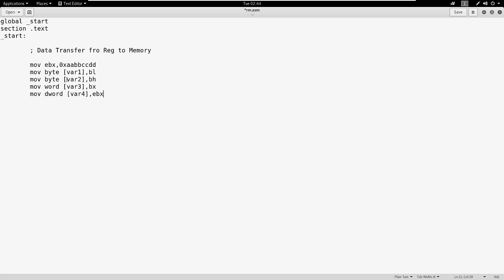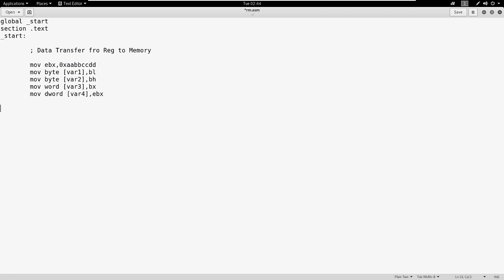So now this particular var1 contains the value dd because BL is the last 8 bits, var2 contains cc because BH is the next 8 bits,